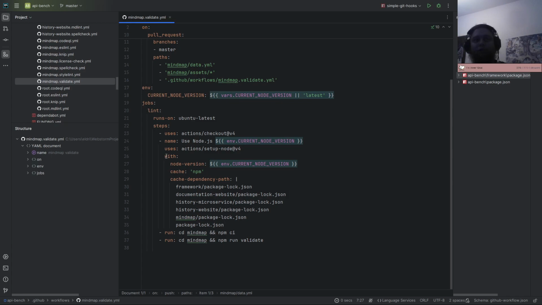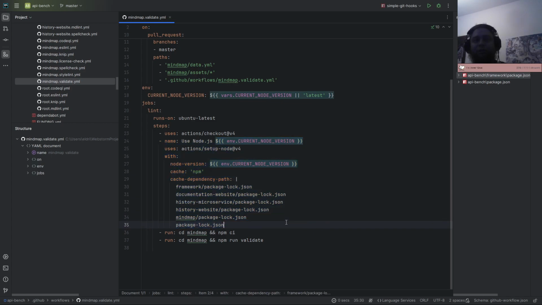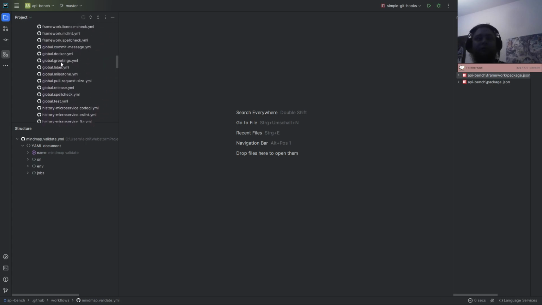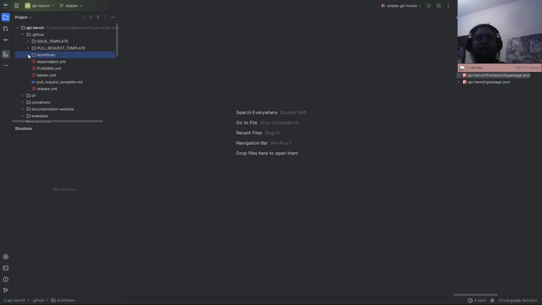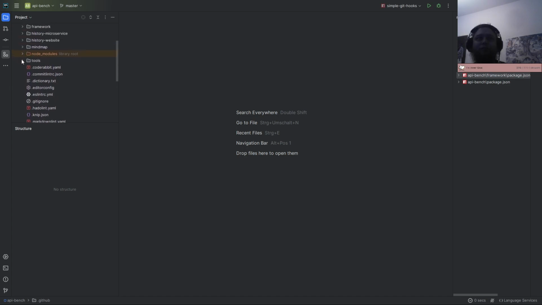It pretty much uses a Node.js cache, so we are not downloading too much at once. Then runs an install on the mind map and then runs the validation of the data YAML, for example. Because this is running all on GitHub Actions, it's obviously a bit too much to ask people to go through manually. So what we did is create a tool,